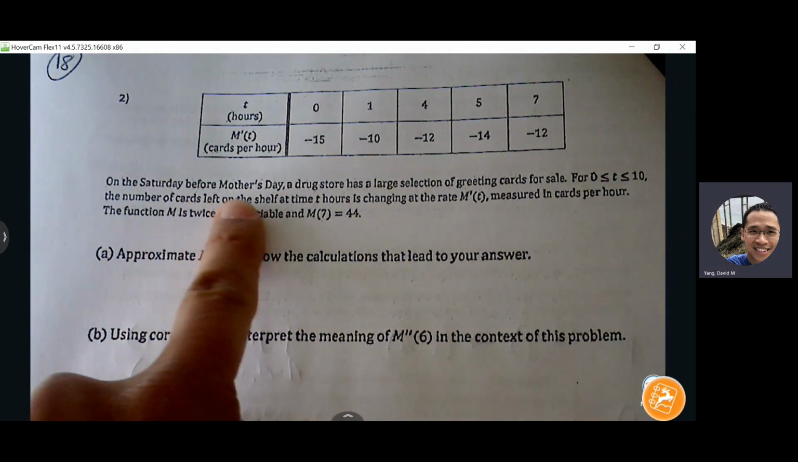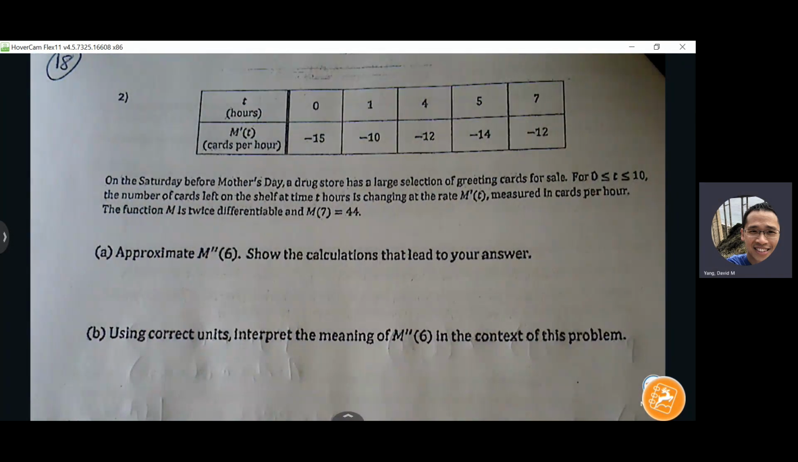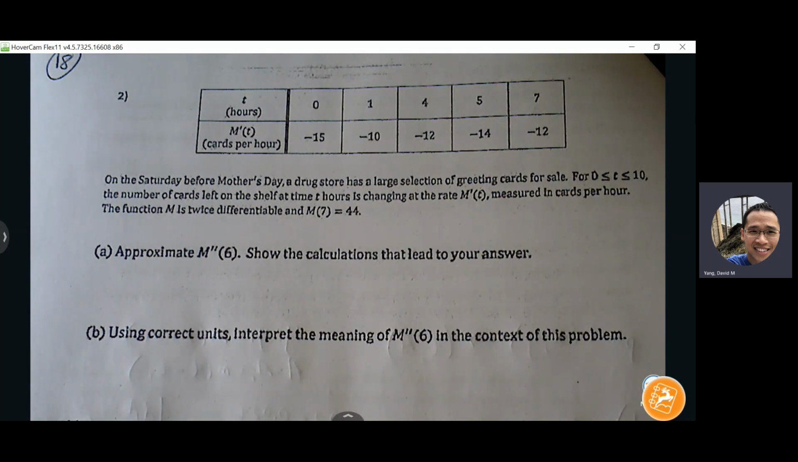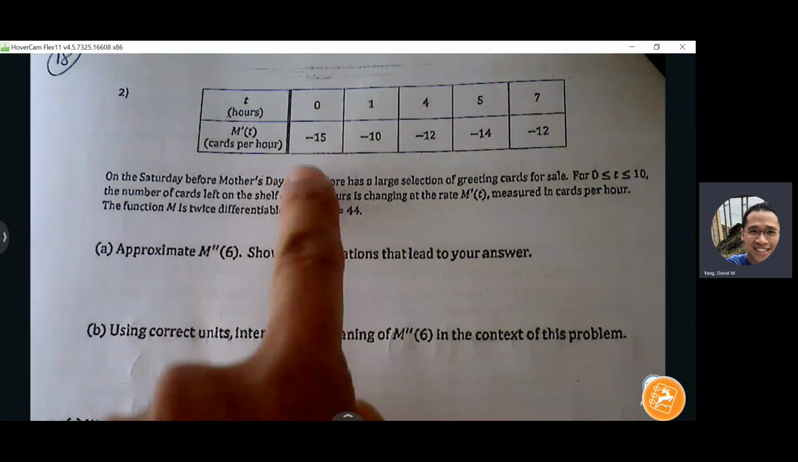Okay. On Saturday before Mother's Day, a drugstore has a large selection of greeting cards for sale between 0 and 10 hours. The number of cards left on the shelf at time t hours is changing at a rate of m prime of t, measured in cards per hour. The function m is twice differentiable, and m of 7 equals 44. So we know that